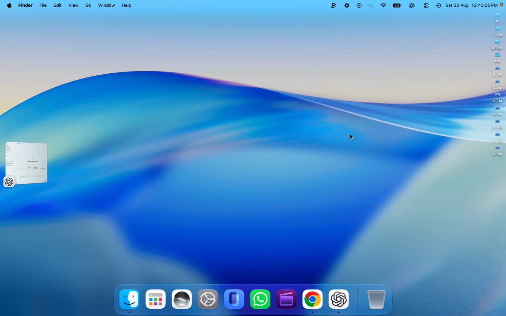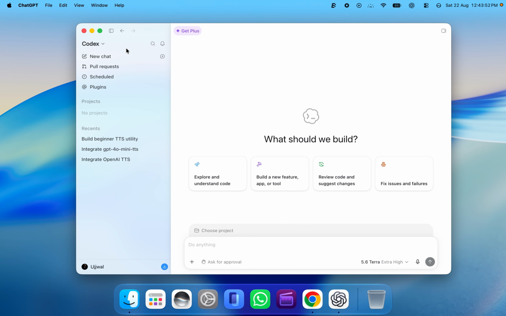Hi everyone, welcome back. I'm Utpal Raj and in this video I will show you how to download and install Codex on Mac. So before we proceed to a step, with the recent update, you don't need to install a